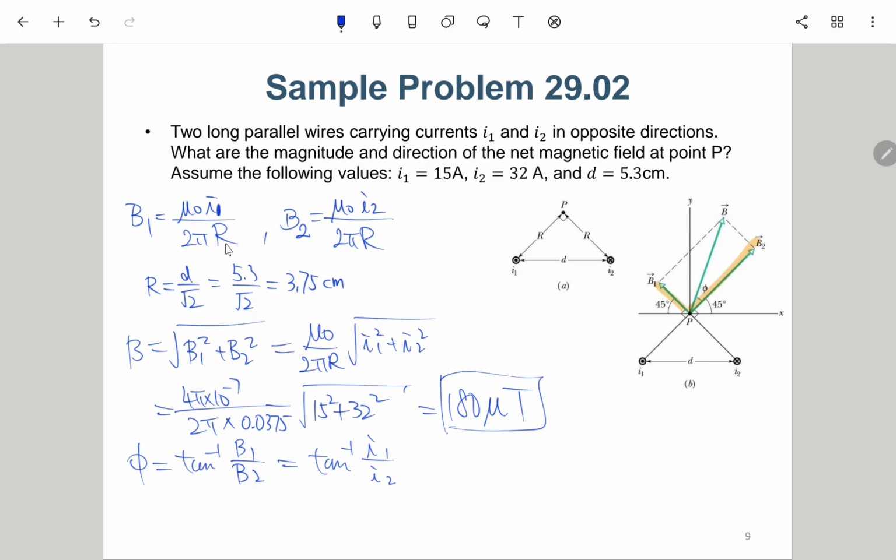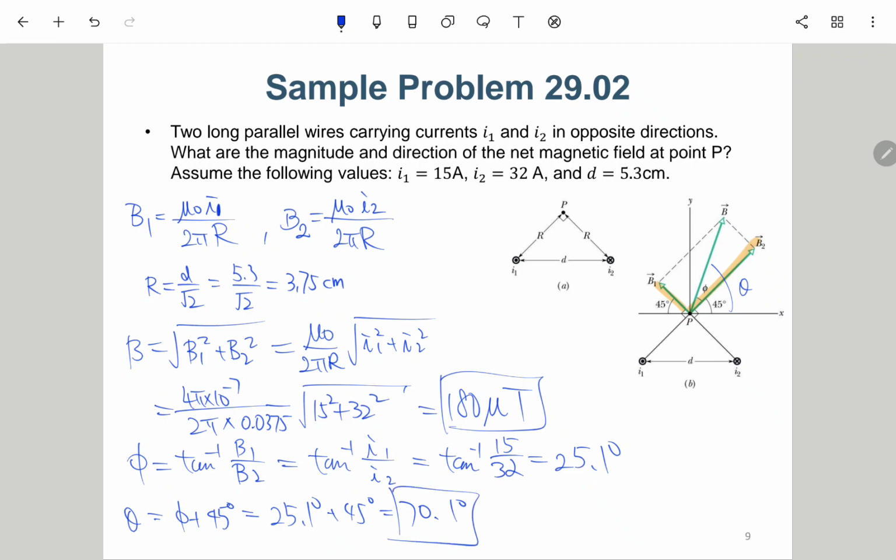So finally, all the terms cancel, and we only have I1 over I2. So it will be nothing but arctangent of 15 over 32, which is 25.1 degrees. Okay, so finally, this is theta. Theta will be phi plus 45 degrees, which is 25.1 degrees plus 45 degrees, which is 70.1 degrees. Okay, so this is